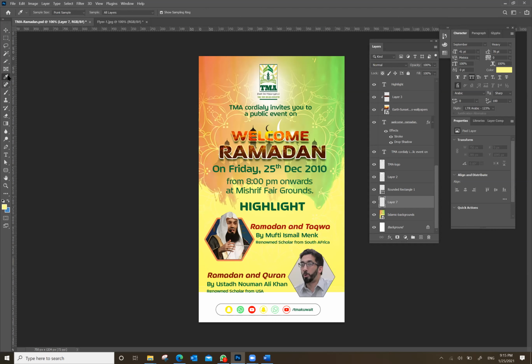Now with the help of the brush tool, I bring the brush here. I can make the size whatever is suitable for me, and I keep painting. 2-3 times you move your mouse, it will paint exactly the same color. I can do this because this area has one same color, right? If it has a pattern, then it will become difficult to do such an activity. So now this is fine.